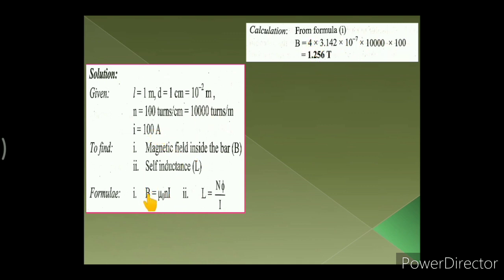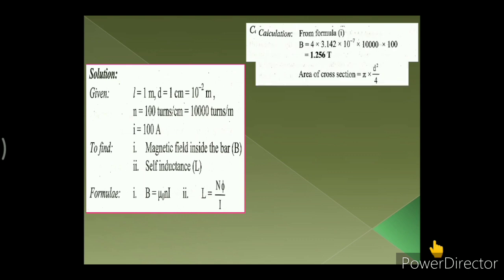So in the formula B is equal to mu 0 N I, we have to substitute the values and multiply these values. So we are getting the value of B as 1.256 Tesla. That means the magnetic field inside the bar when the current I circulating through the turns is 100 ampere is